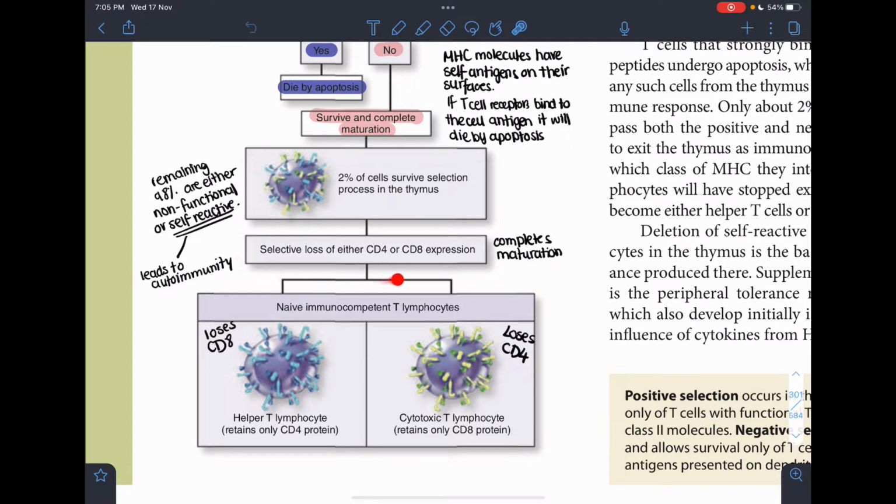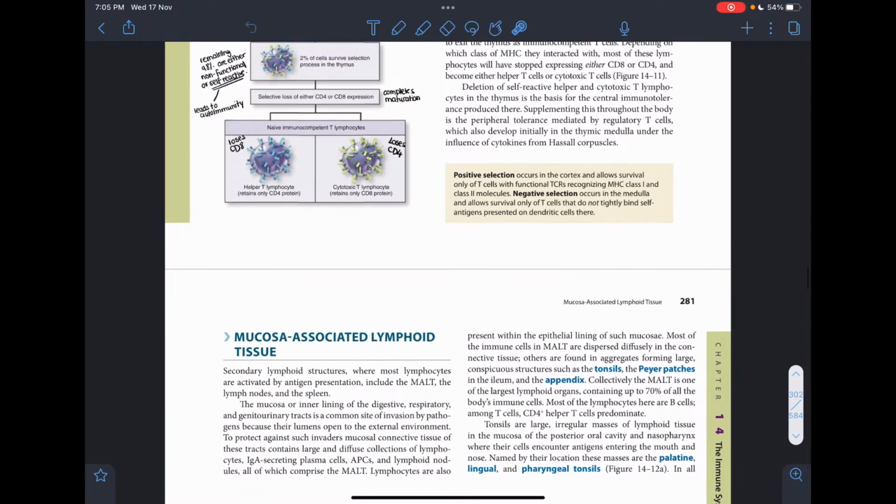And لما they select whether they want to lose the CD4 or CD8, they complete the maturation وخلاص they get released من الثايمس. And this is the end of the thymus. هلا رح نتكلم عن